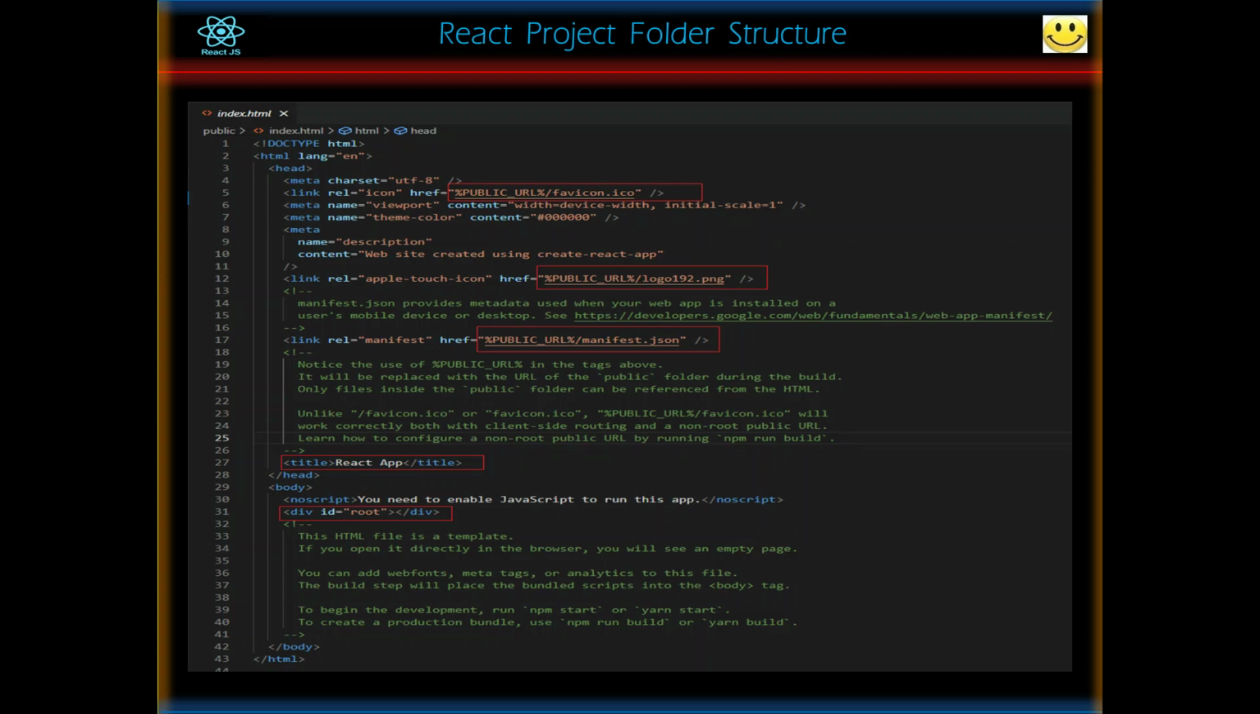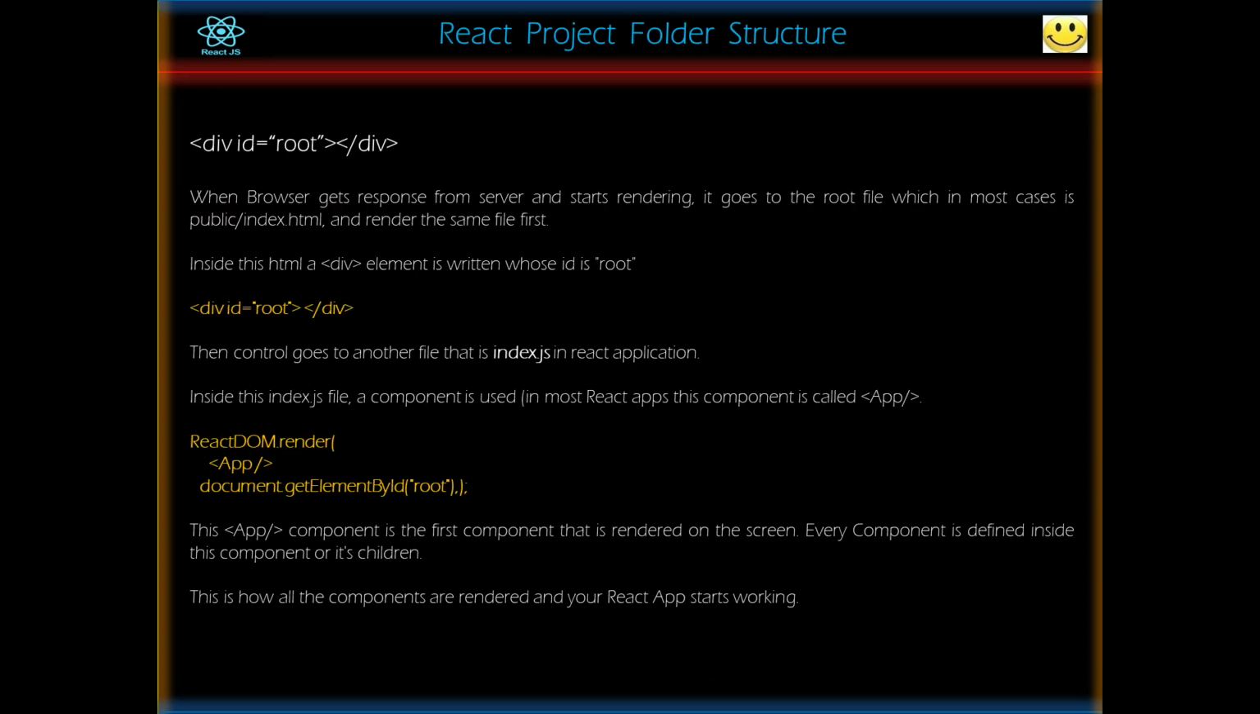So this is the title, React app. This is the div id equal to root. So what does it actually mean? Div id equal to root followed by closing div tag. It means when the browser gets a response from the server and starts rendering, it goes to the root file, which